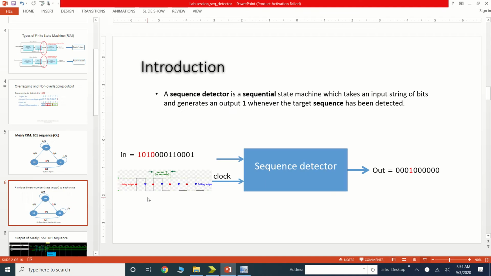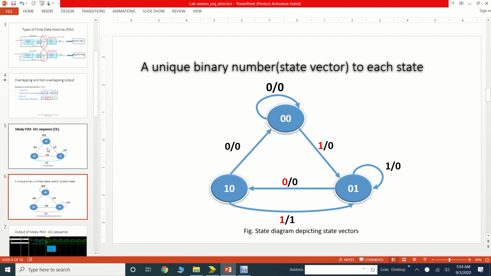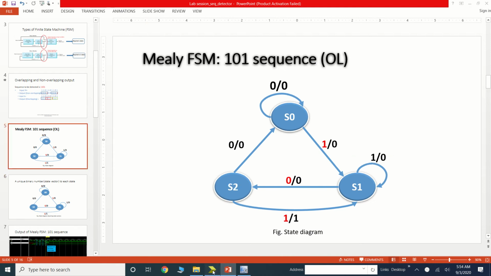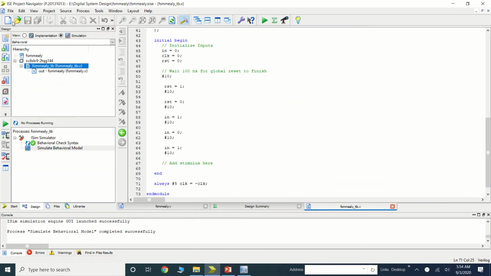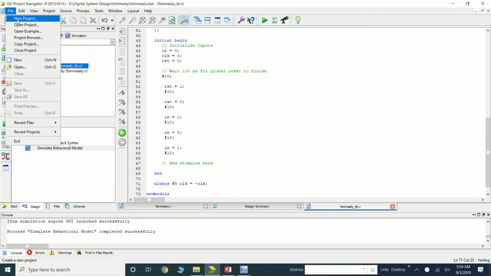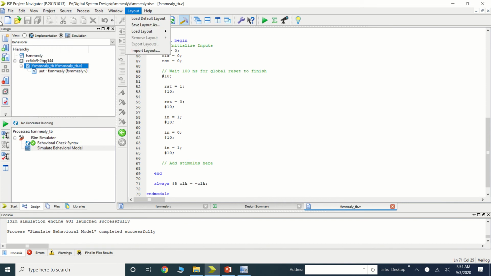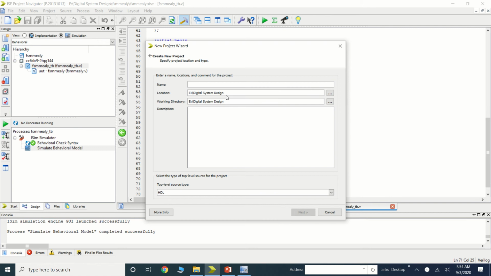So now let's switch over to the Xilinx. Here first we are selecting the project, let's say Mealy FSM.